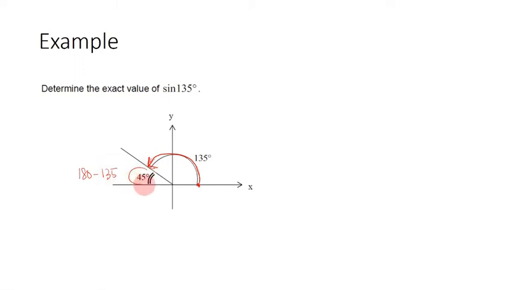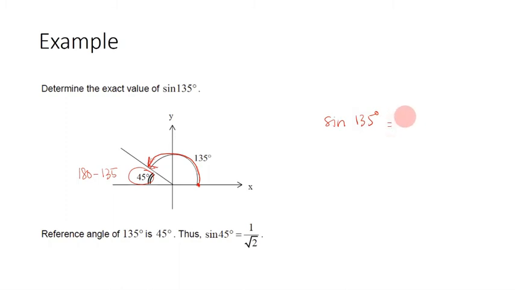Therefore, we get the reference angle as 45 degree. Therefore, since we know that our reference angle is 45 degree, we can find the exact value of sine 135 degree is equivalent to sine 45 degree,